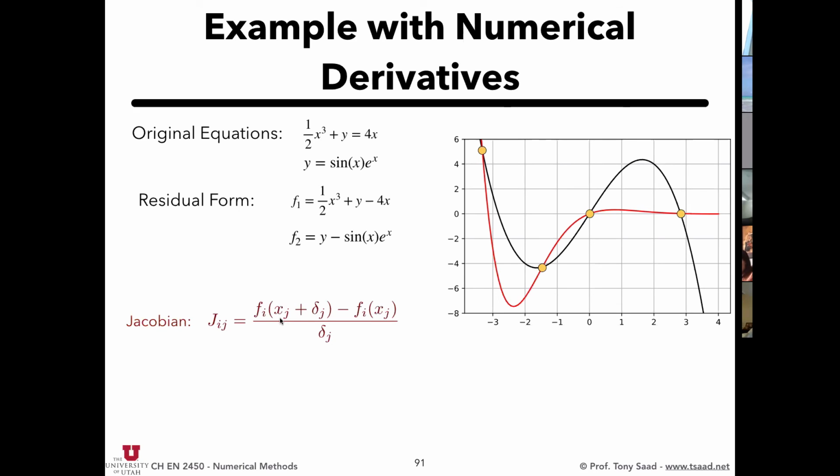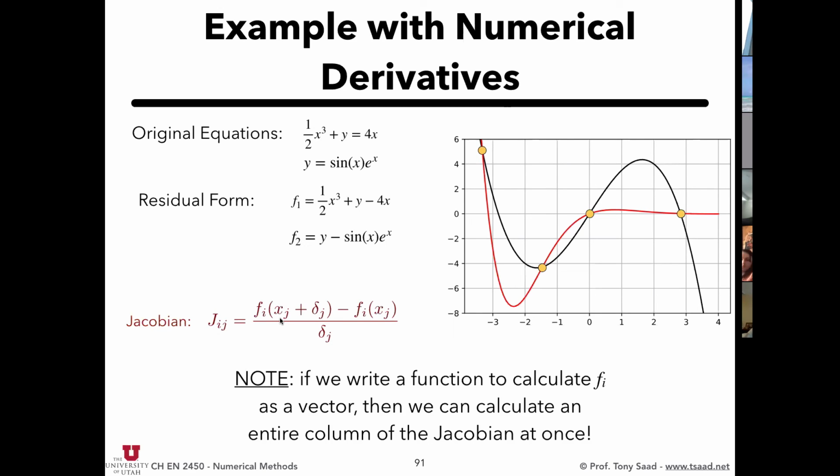In 1D, you just had x. You would do x plus h, f of x plus h minus f of x over h. Over here, you have f of x, y. So you've got to take the derivative with respect to x and then with respect to y, and then the second function with respect to x, with respect to y. You have to know where you're adding that h to which variable. And with that, I will actually conclude nonlinear equations, nonlinear solvers,